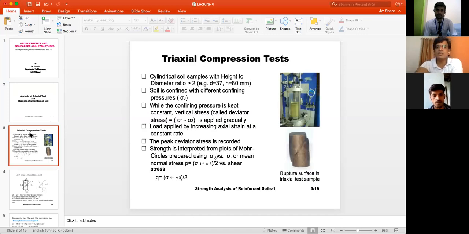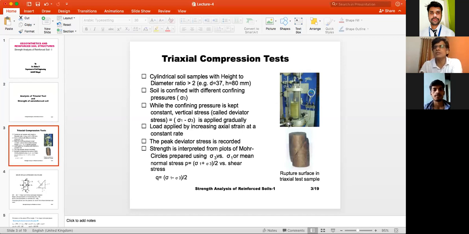And this is a simple slide. Generally, this depicts the triaxial shear test. If you see the top right corner of the slide, you have the triaxial shear test cell. I hope all of you might have seen it in the geotechnical engineering laboratory. This is a simple triaxial shear test cell. In the cell, what you do is prepare the sample, load it in the cell, and test it, finding out the shear strength properties of the soil.